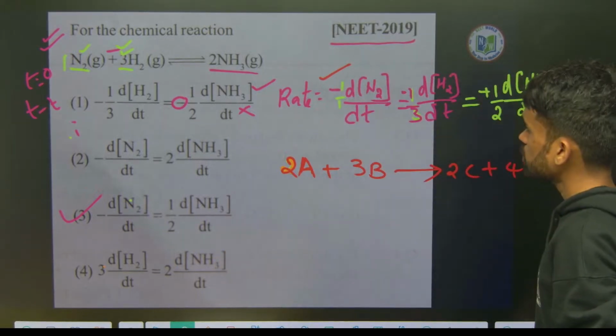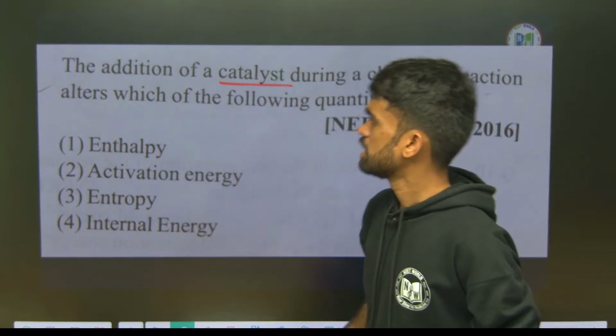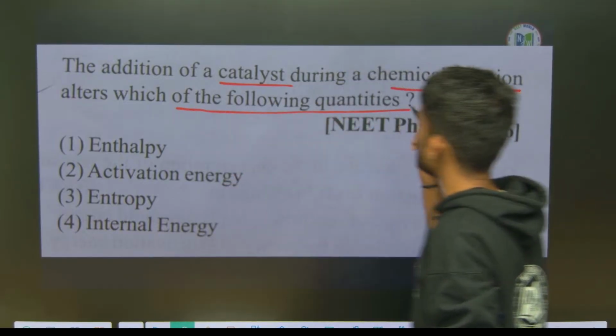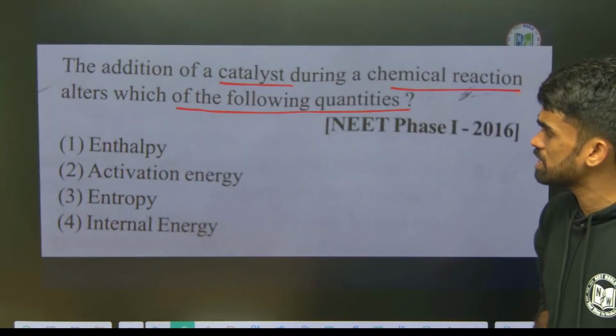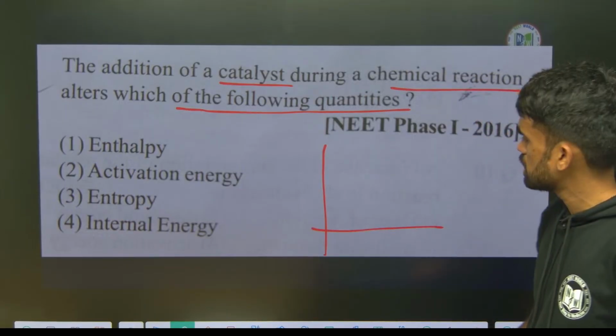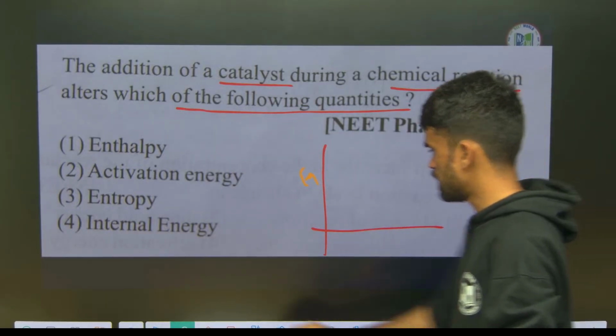Next, here we have addition of catalyst, the effect of catalyst. It means the addition of catalyst during a chemical reaction alters which of the following quantities. So tell me which of the following is altered. For example, here we have a reaction coordinate like this. So what happens, we will be having activation energy here, let us say, energy coordinate this is,